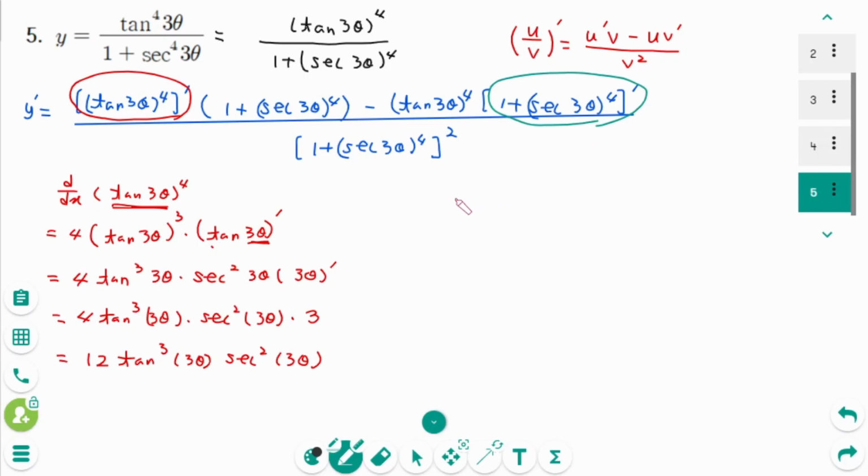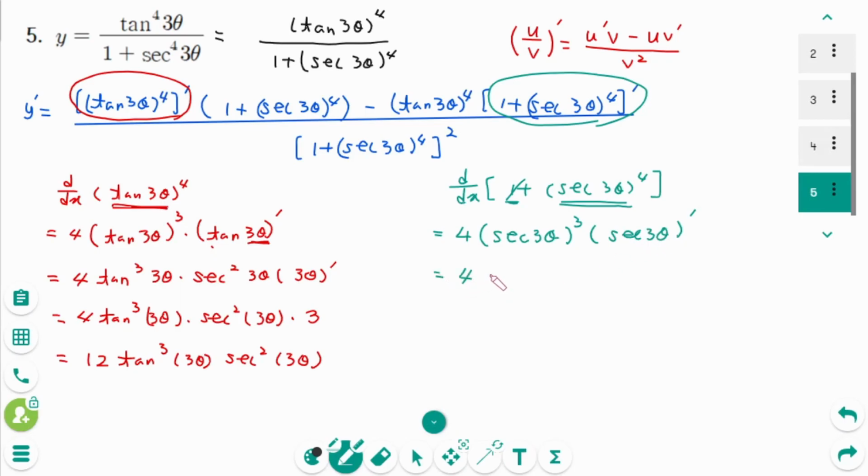This is the second one. d/dx of (1 plus secant 3 theta) to the power of 4. 1 prime is 0. Then this part is u. u to the power of 4 prime equals 4u cubed times u prime. The inner function is secant 3 theta. Secant 3 theta equals 4 secant to the power of 3 theta times,